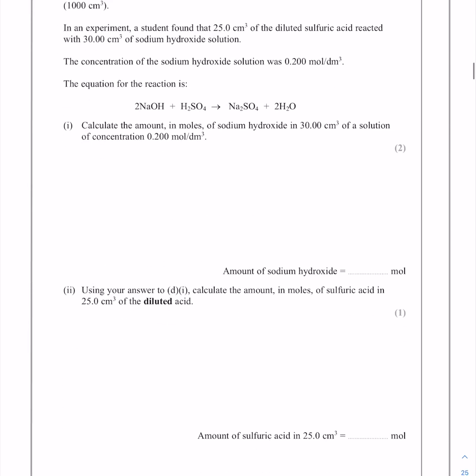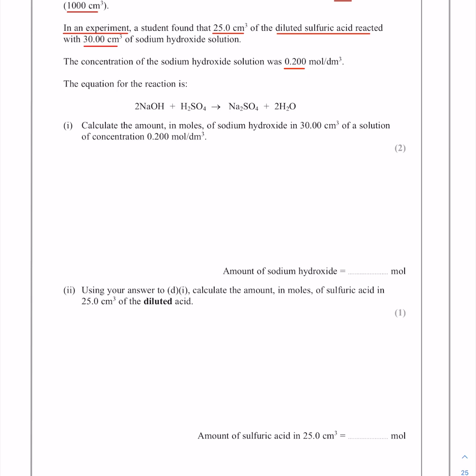Question 18. 10 cubic centimeter of concentrated solution of sulfuric acid was carefully diluted with water. More water was then added until the final volume of solution was 1 cubic decimeter, which is 1000 cubic centimeter. In an experiment, a student found that in titration, 25.0 cubic centimeter of diluted sulfuric acid reacted with 30 cubic centimeter of sodium hydroxide solution. The concentration of sodium hydroxide solution was 0.200 mole per cubic decimeter, and the equation for the reaction is 2